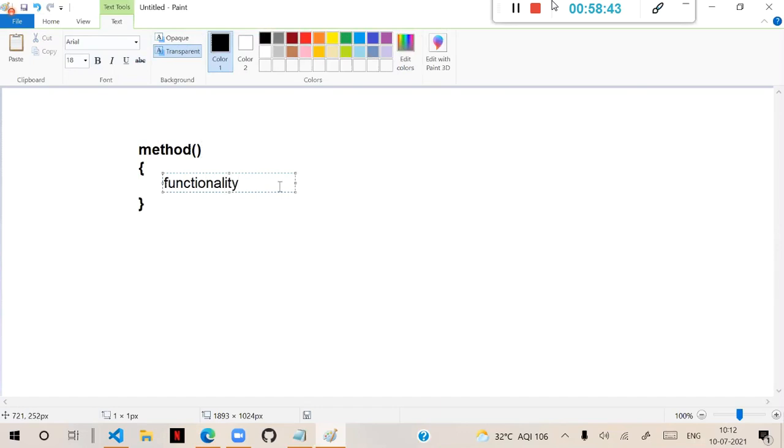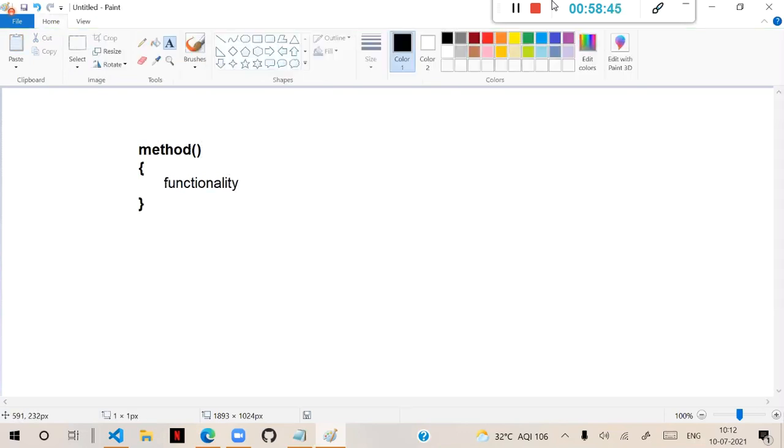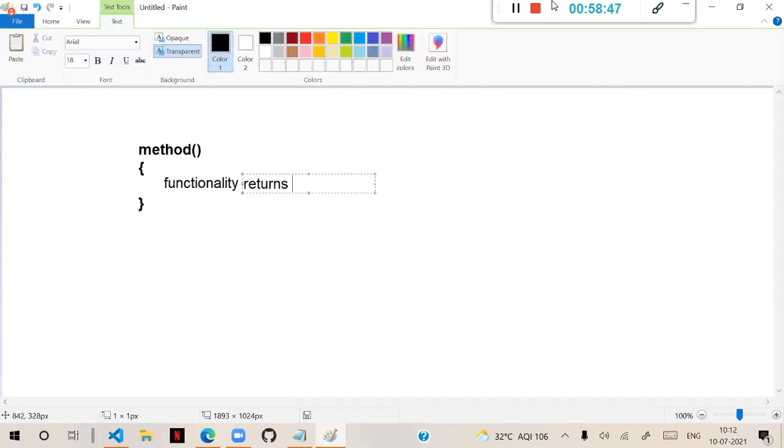Through this functionality, it returns some values. Now to store these values, we need to